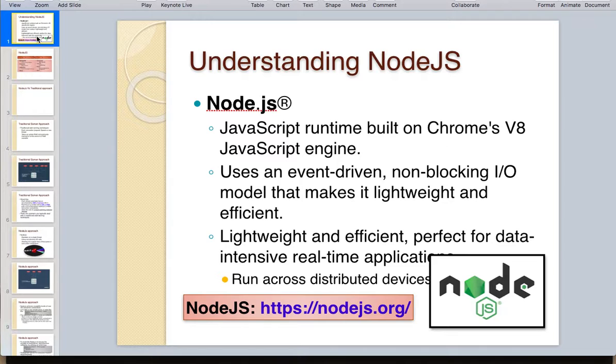I mean, we just did it yesterday, and we said for any JavaScript to run, you just need to have a JavaScript engine. And you know that the Node.js community, they've got Chrome's V8 JavaScript engine, and then the core libraries created around that. And Node.js specifically uses an event-driven, non-blocking IO model, and there's a whole lot of thought around these. If you really want to understand why this is so lightweight and how this really works, then I'd suggest you